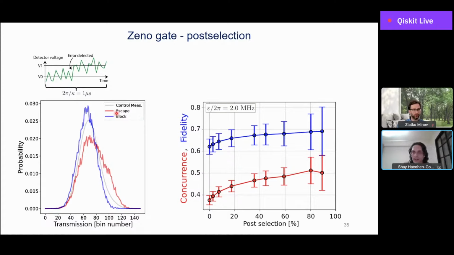And then we just started the measurement. And this is the best case for an escape, because your best chance to measure an escape is if it happens immediately at the beginning of the gate. And this is this red histogram over here. Okay, you can see that it's this kind of wonky